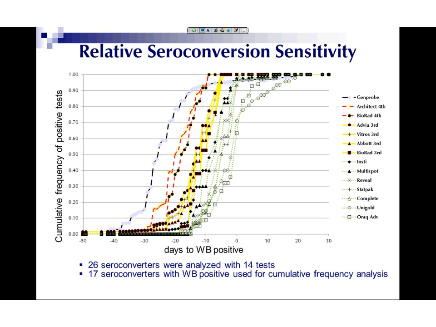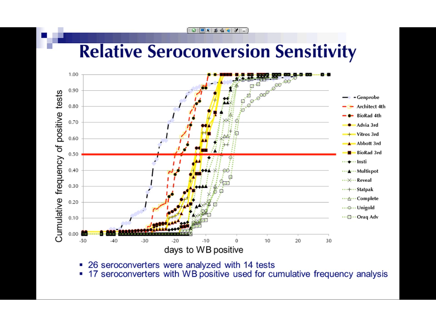The issue with all these tests currently available, the rapid tests, as well as the laboratory tests, I think many of you have seen this before. CDC conducted an analysis of plasma seroconversion panels. There were 26 seroconverters who were analyzed with multiple different specimens, about 137 specimens. They were tested with all the FDA-approved assays. And in order to compare how soon they picked up infection, we basically looked at when each of these tests detected 50% of the specimens from each of the seroconversion panels.